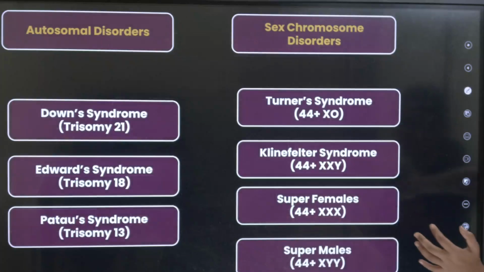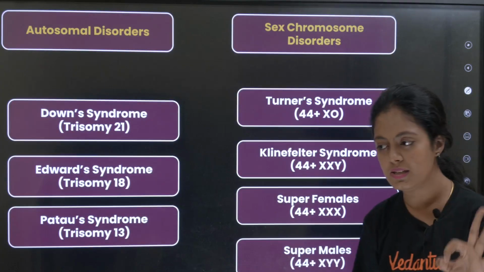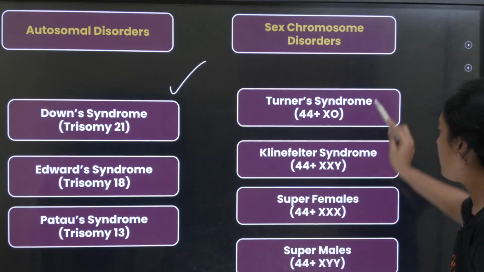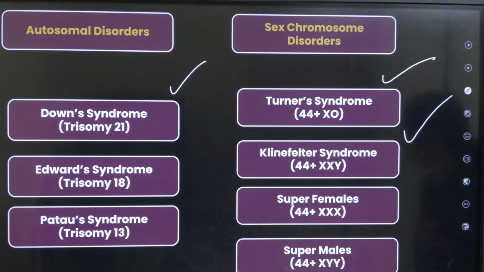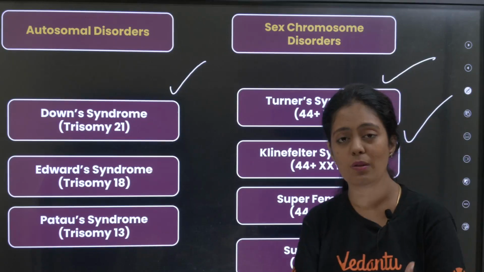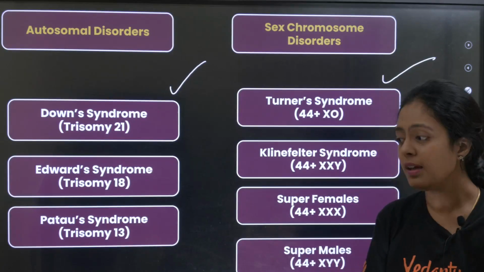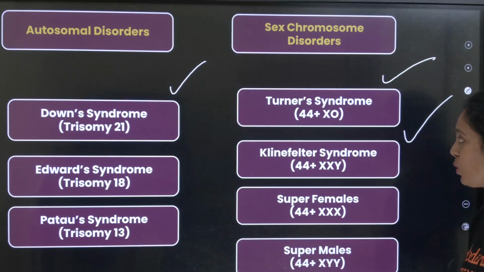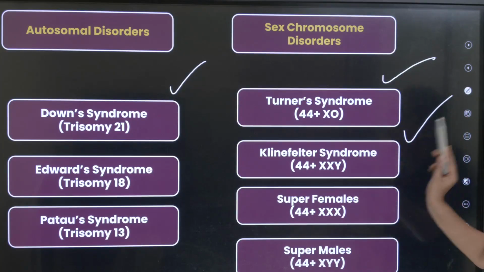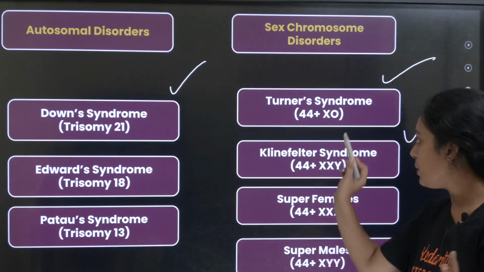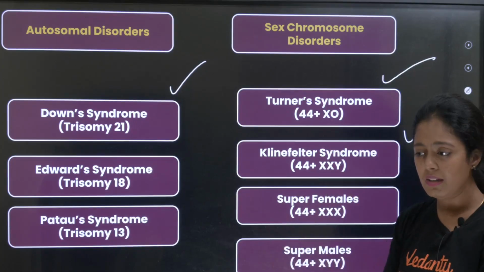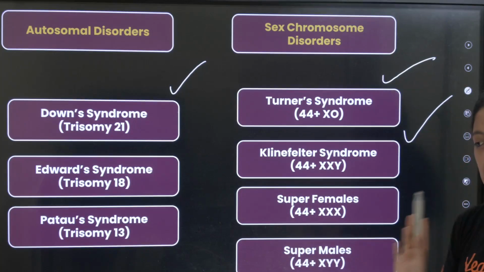Okay, so in your syllabus, you have 3 important diseases. One is your Down syndrome, Turner syndrome, Klinefelter syndrome. Okay, so the Down syndrome is a kind of trisomy. Okay, it is an autosomal trisomy. Your Klinefelter syndrome is an allosomal trisomy, whereas your Turner syndrome is a monosomy. ஏன்னா ஒரு chromosome delete பண்ணப்படுது. Others all are extra information.